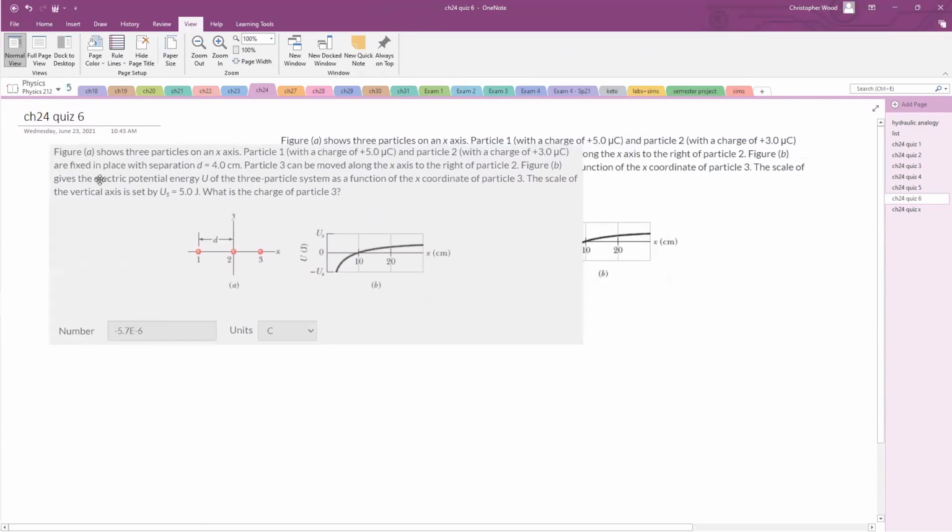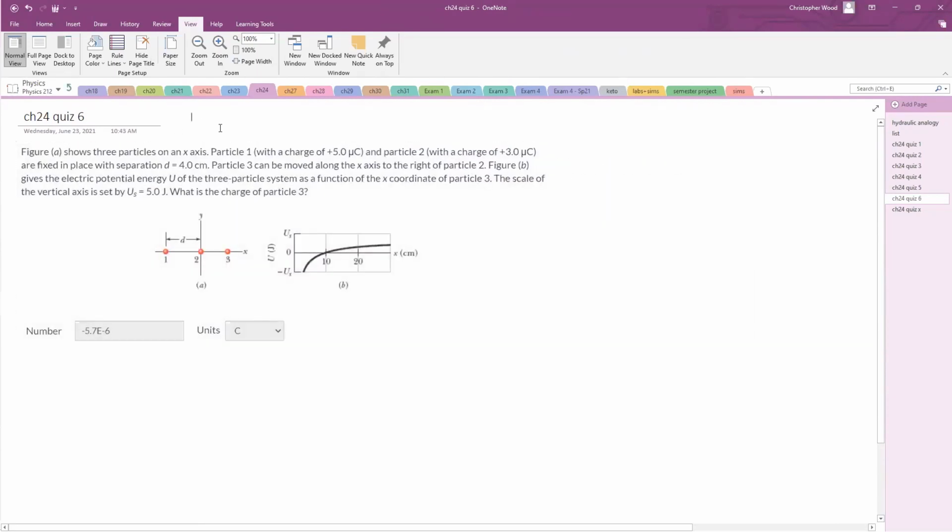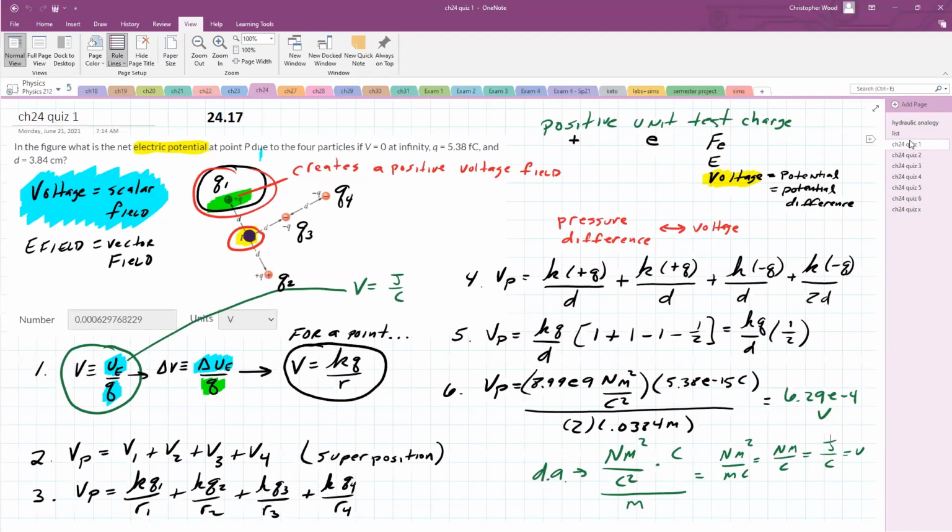Okay. 24.56. This is a potential energy problem. I think at the beginning of today,